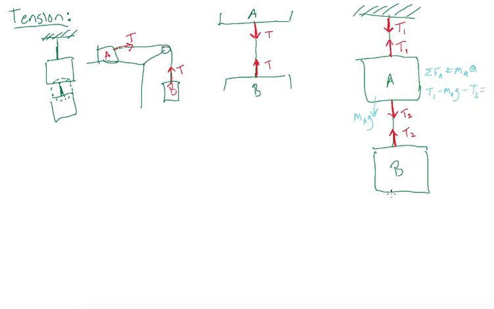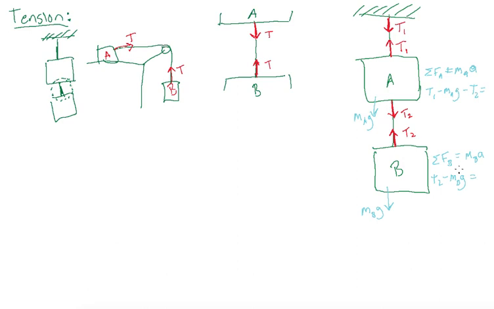For B, on the other hand, it has just T2, and like I said before, it has its weight, which would be the mass of B times g. And so the net force on B, m_B a, would be T2 minus m_B g,